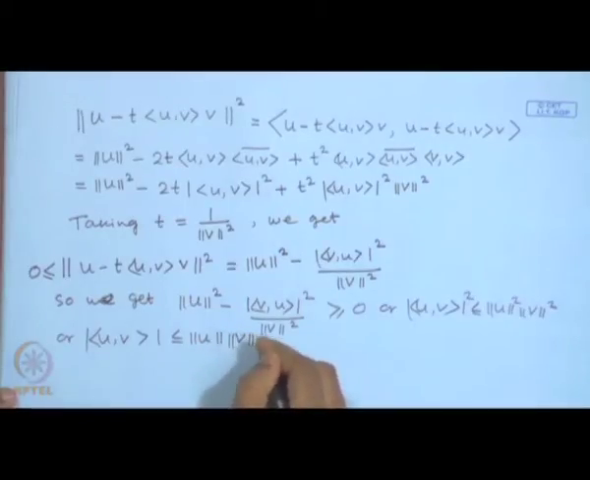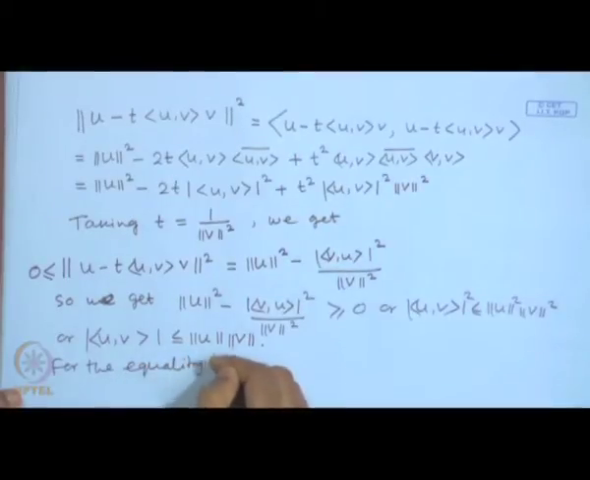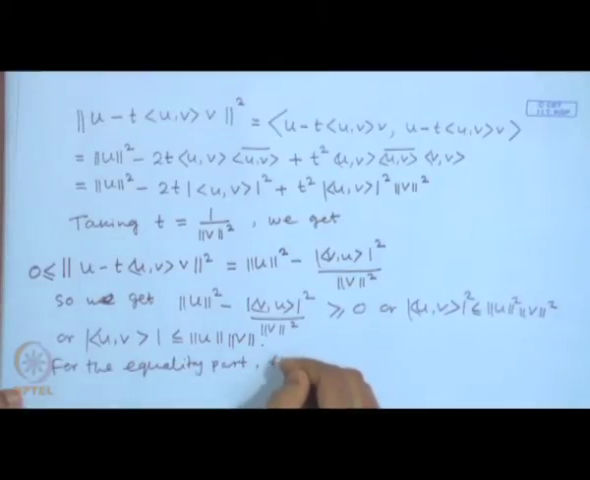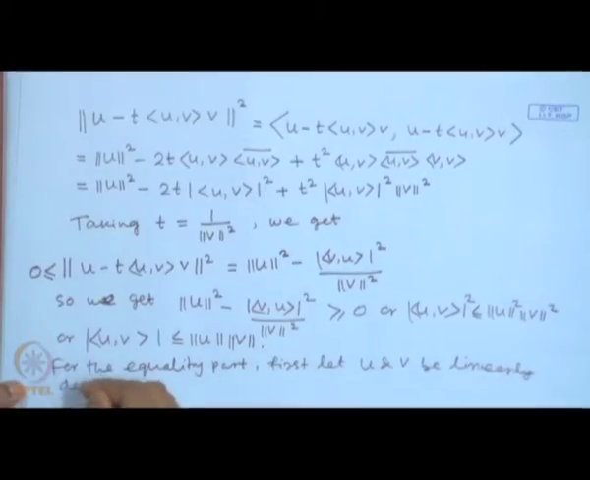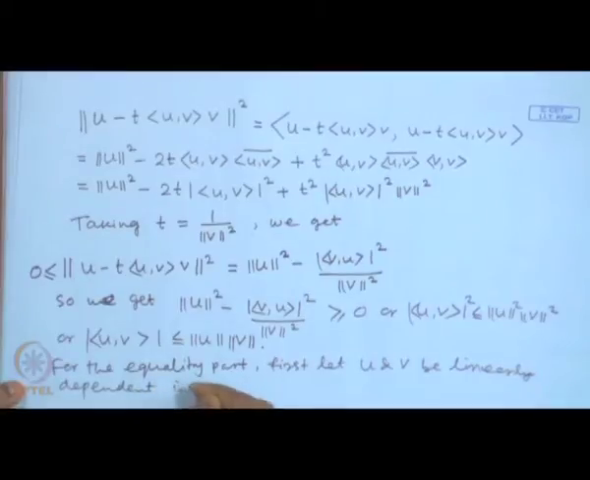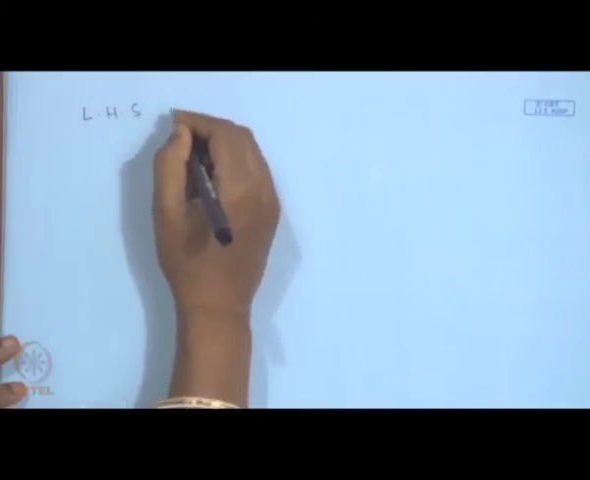Then, next, for the second part, the equality part. First let u and v be linearly dependent, that is u is equal to alpha times v for a scalar alpha. So, the LHS will be